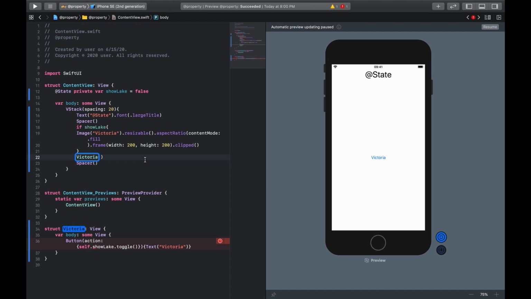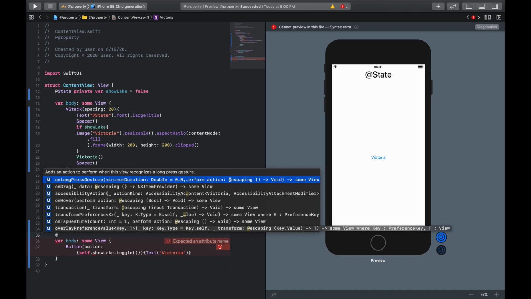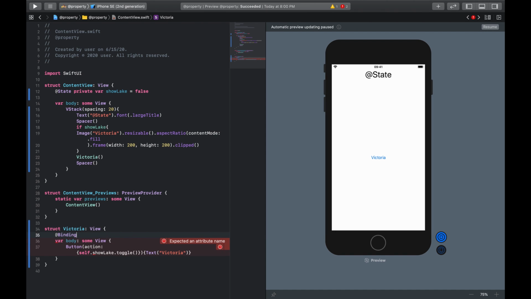it's complaining because it doesn't have a binding. And for that, we would need a variable, a flag that can be turned on here that will affect this. So we would come here and create the flag, the actual flag that I've been talking about. We could say @Binding, which will bind this and this at the top, right? @Binding, and we could say var